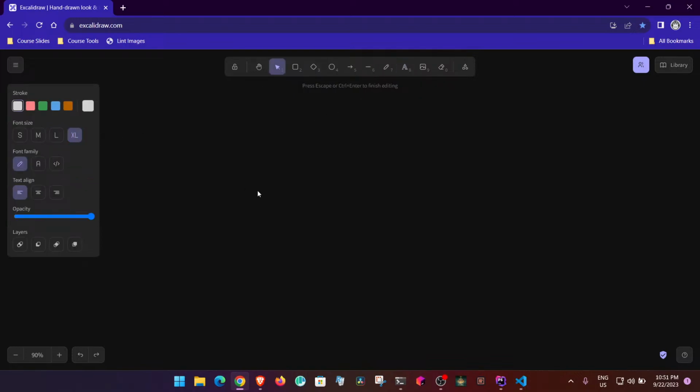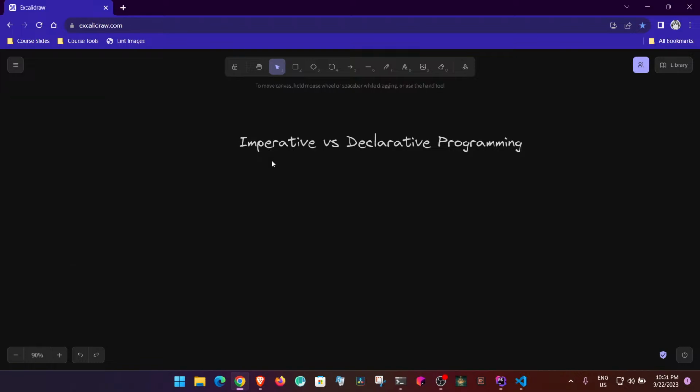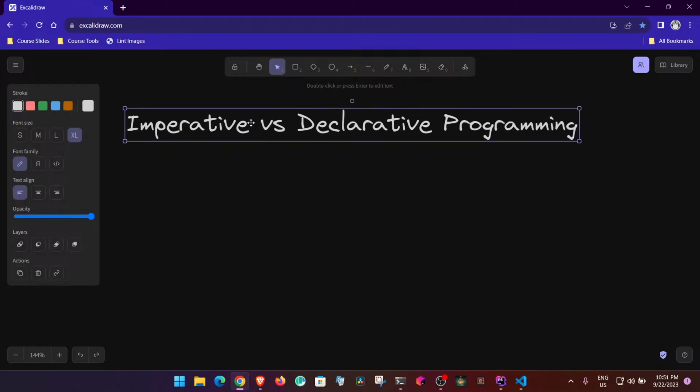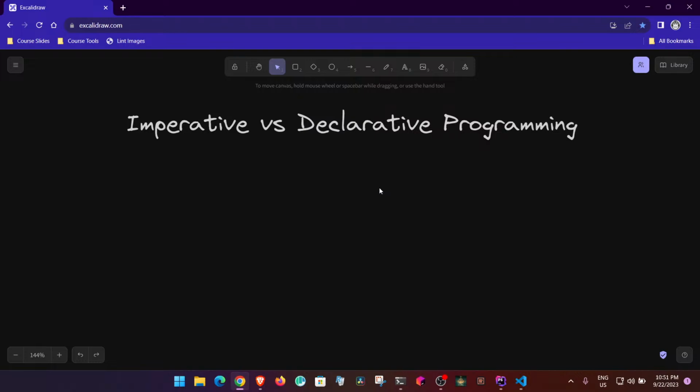Basically, we want to talk about imperative versus declarative programming. Let me open this like this. Okay, so this is one of the debates that keeps on happening, and that is about what is better, imperative or declarative. The problem with this debate is that fundamentally all declarative programming is essentially imperative programming, which is done